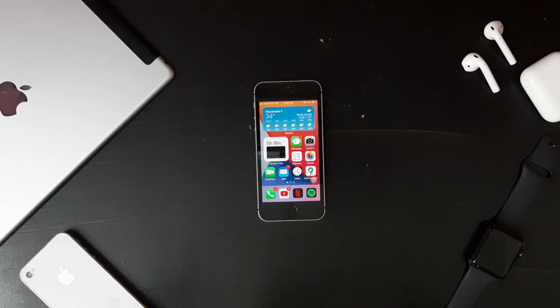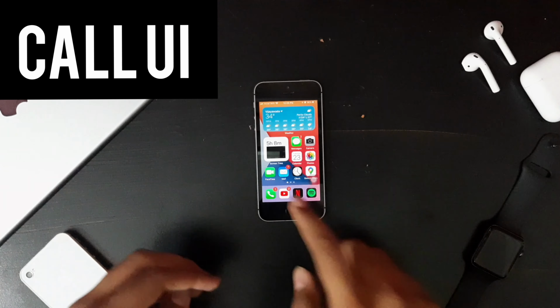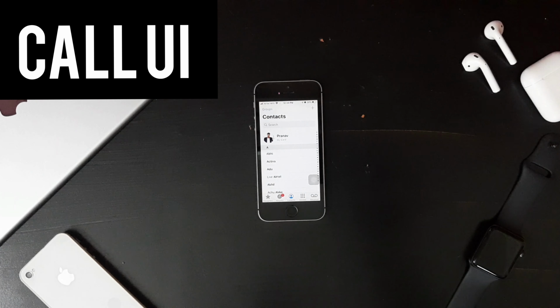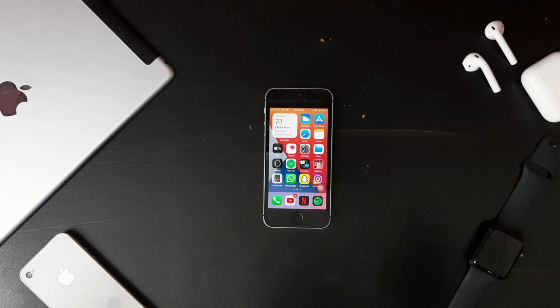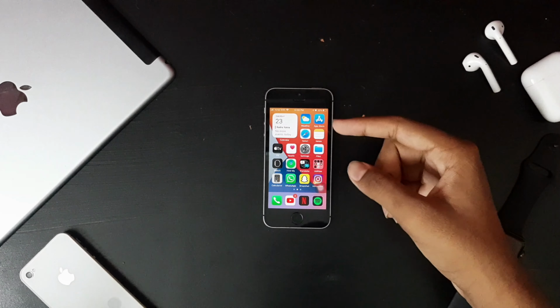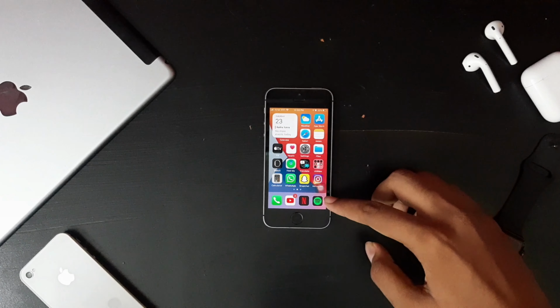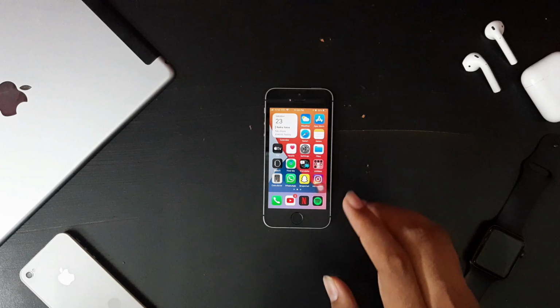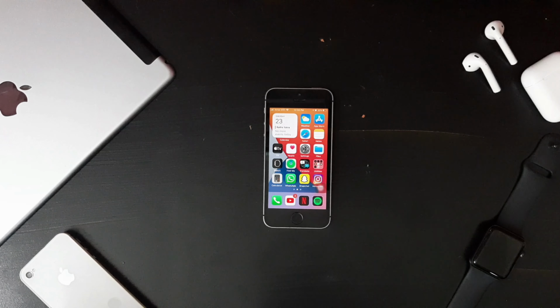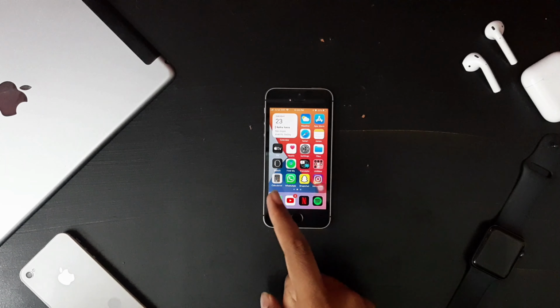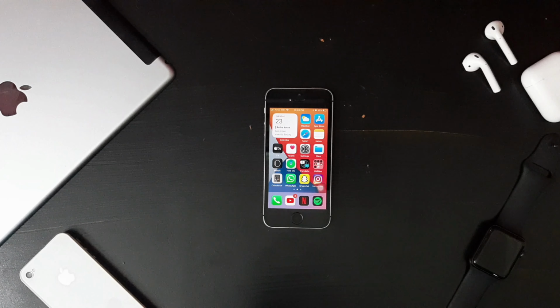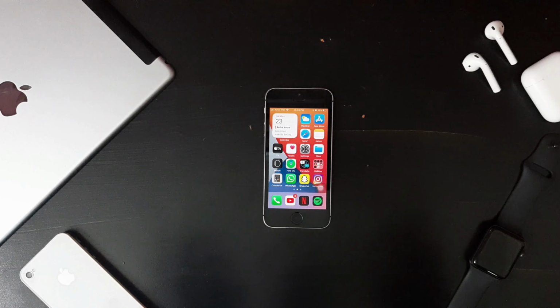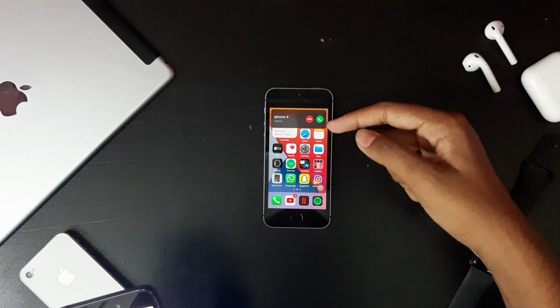Let's move on to the next feature, which is the Call UI. In iOS 13, if we get a call on an iPhone, the full screen would be filled up, interrupting our work, just to accept or decline the call. Now, in this case, it's not like that. In iOS 14, the caller ID is fully redesigned like this.